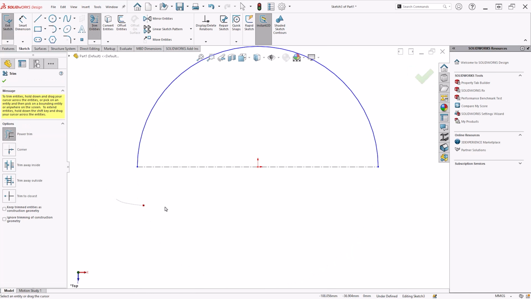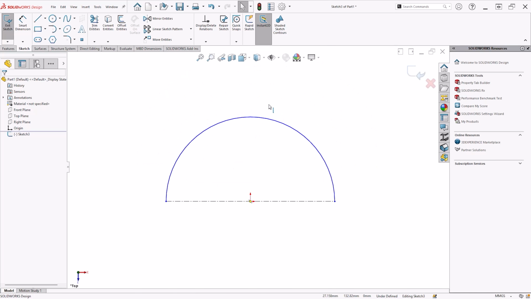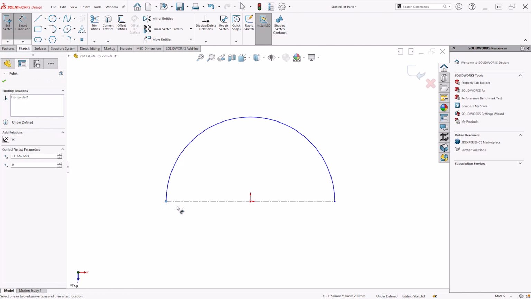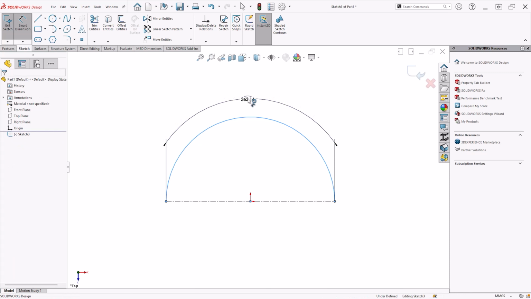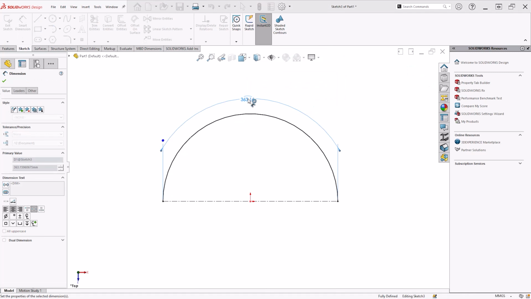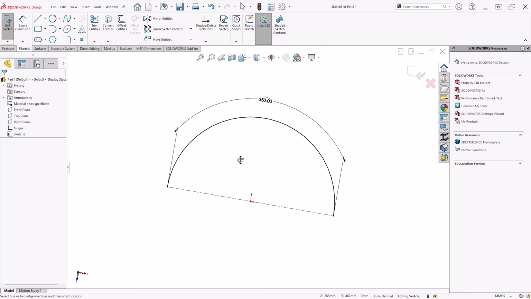We'll trim away the bottom, and then we want to add in a dimension to this arc. Now, for the rules of FIFA and so on, it's the diameter that seems to be the main thing that they're looking at. If you click the 2 endpoints of an arc, then click the arc, you get the arc length. Not one that everybody is aware of, but there we go. We have our arc for our ball.